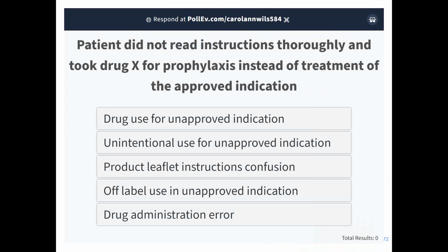Would you select LLT, drug use for unapproved indication, unintentional use for unapproved indication, product leaflet instructions confusion, off-label use in unapproved indication, and/or drug administration errors? Split coding may also be an option here. What would you do? Remember, we should always try to capture the full information of the reported incident.